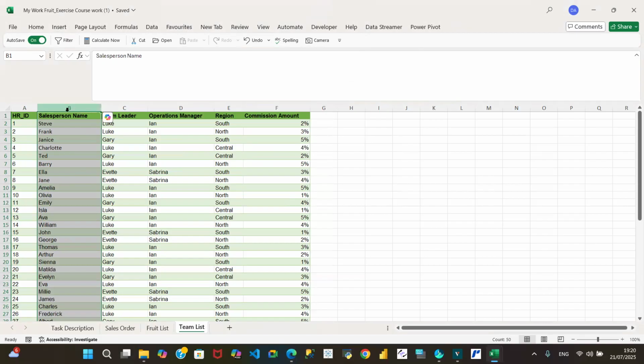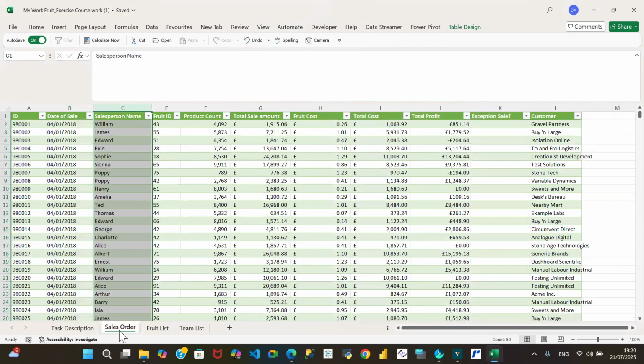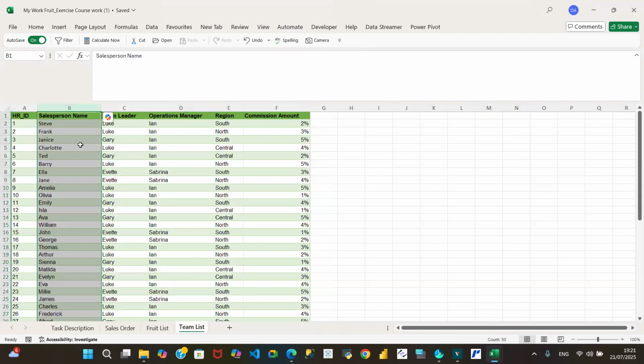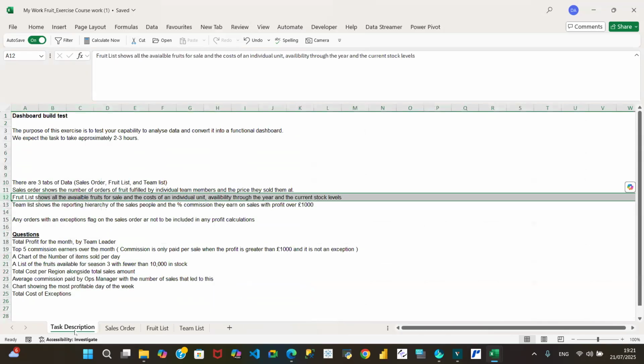So this salesperson name is what we'll be using from this table to communicate with this table, okay? So this is not complicated at all. We have fruit list, which has ID for fruit ID, and we have team list, which has salesperson name as well, okay? So going on further with our task description, it says